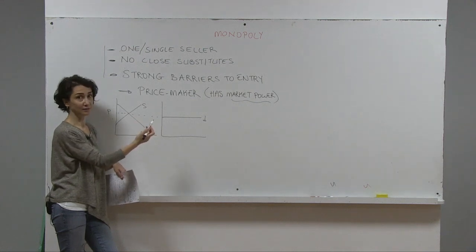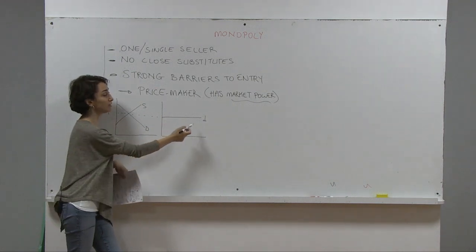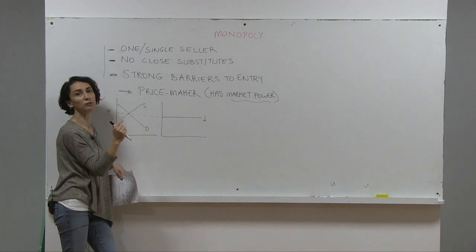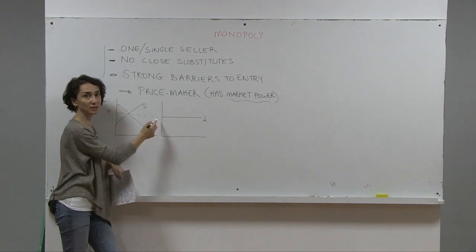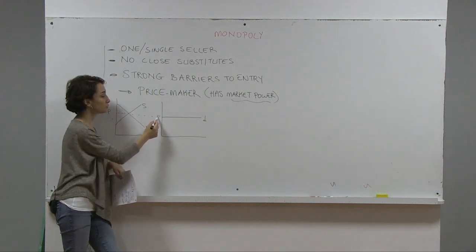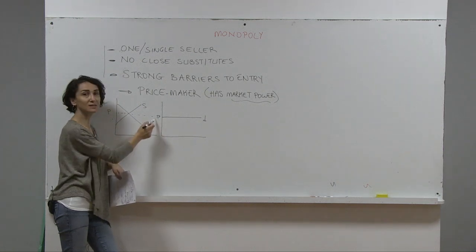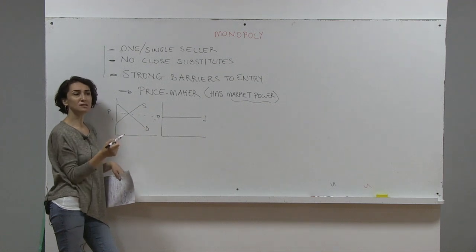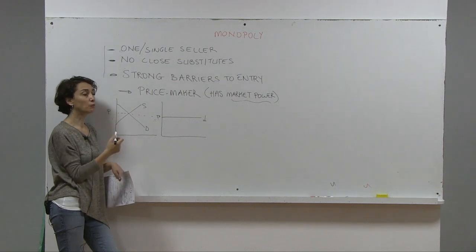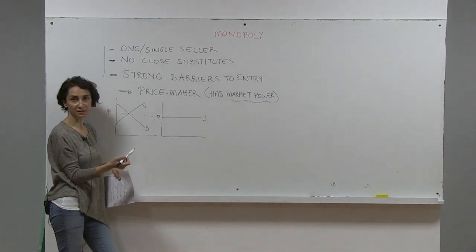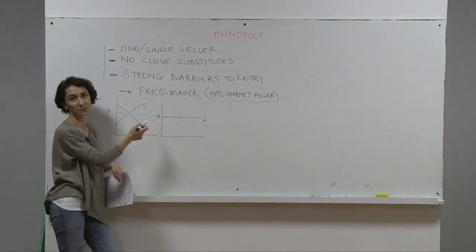So we said, if you don't remember it, you can go to the previous videos, right? But we said a single firm in a perfectly competitive market is faced with a perfectly elastic demand curve, right? So that is what we mean by price taker. It has no ability to affect this price. So the decision the firm is making in a perfectly competitive market is this: what is the profit maximizing quantity given this market price?